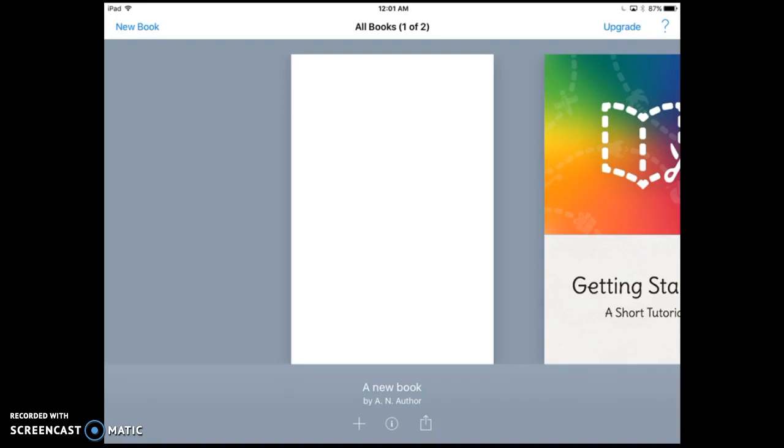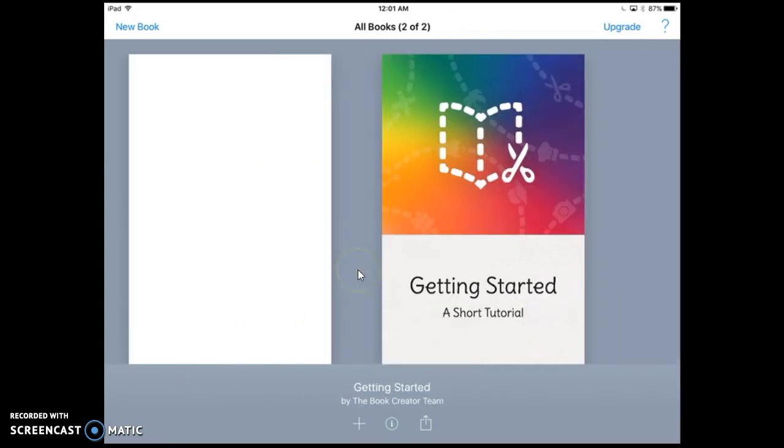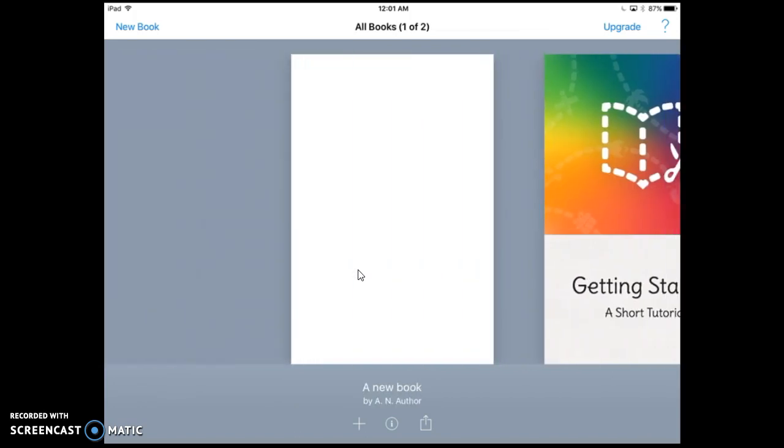Book Creator is an awesome app that can be used to create books from an iPad. So I'm going to go over how that kind of works and some of the features it has. So when you first open up Book Creator, you actually won't have this new book thing right here. You'll just have the getting started book, but in Book Creator, when you open it up, it shows you the